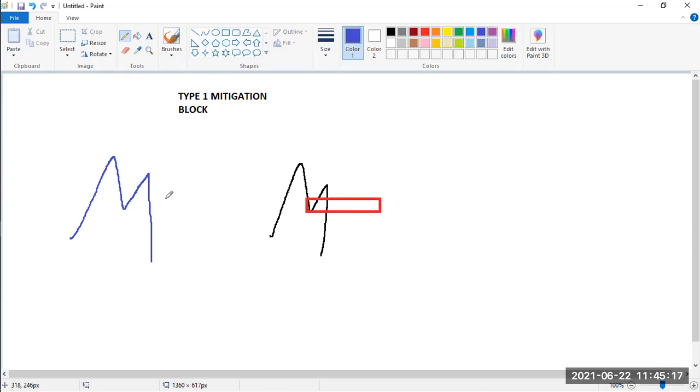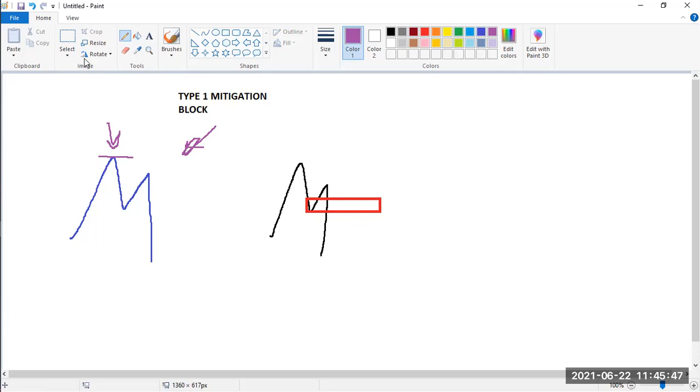That was it. But anyway, mitigation blocks. So last time we did the breakers, this is type 1. So type 1, when price comes here, this is where the institutions are going to sell, the banks, the big guys, the market makers, whatever they call them, they'll sell here. Then price comes down. If they are selling, price coming down, they want to sell again, or sometimes there are more big orders which come into the market.